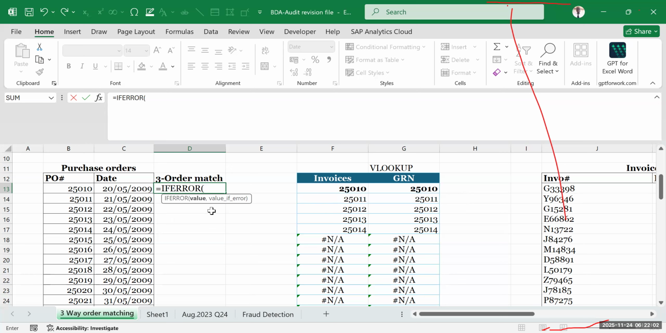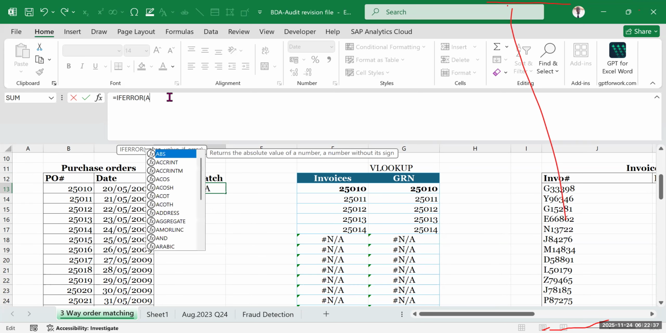Now, under IFERROR, remember we are using two sets of data. We have the invoices output and we have the GRN's output. We've looked them up to confirm the purchase orders appearing in them, and we already have a response. Now we want to merge these two pieces of information. So to merge them, that's where another function comes in. We will give a response if the value is an error. But because we're using two sets of outputs that we already have, we are going to add the AND function,